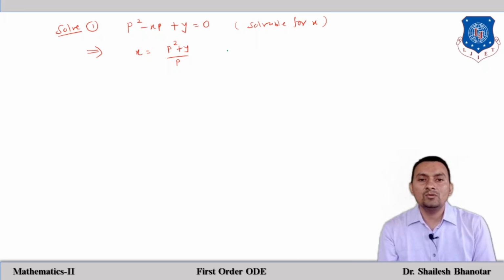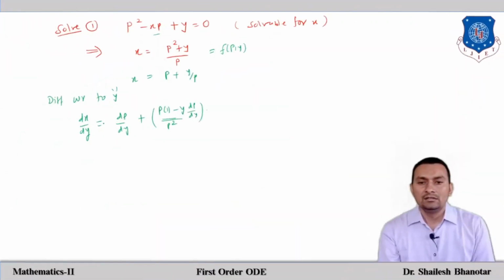So that means we have to write the function x in terms of f of p and y. So let us make x the subject. After that we can have x equal to p square plus y divided by p. So in that case we can write it this way. So we will get, differentiating with respect to y,